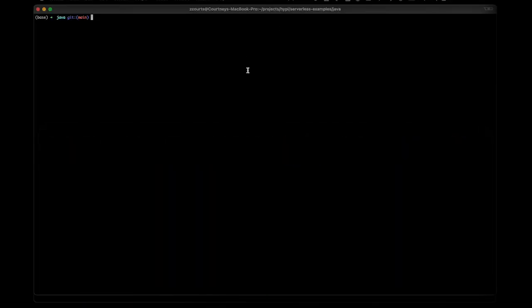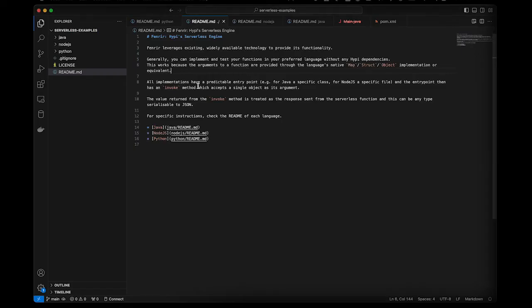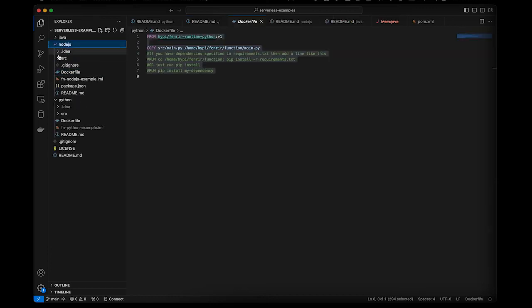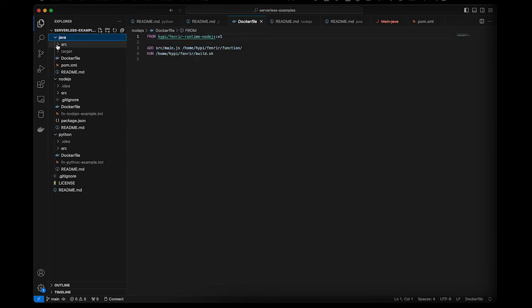From the console, if you wanted to do this again, for example, the code. If you checked out the example, all of the code and examples that I just showed you on GitHub are available in here. All the Docker files for the examples for the different runtimes are available, and you can build any of those. In this case, I'm in the Java directory, and I can do